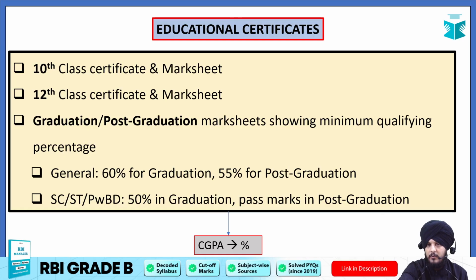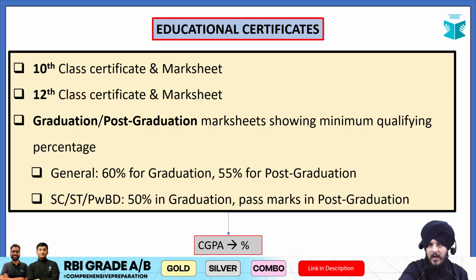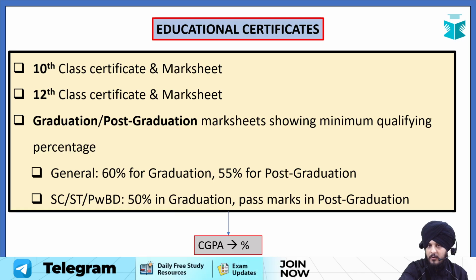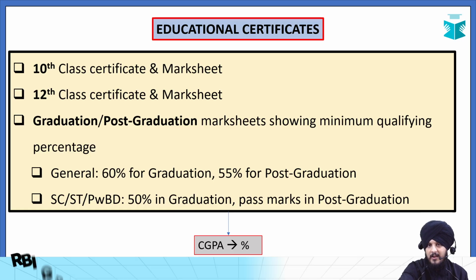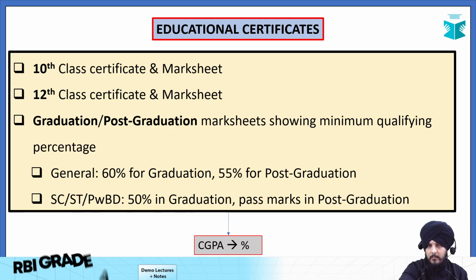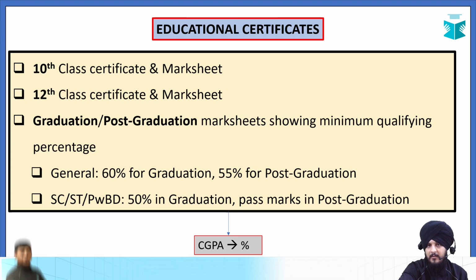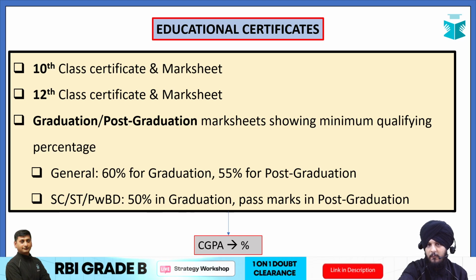But let us say your university is not providing any such standard formula. What you have to do is open the RBI notification, and over there RBI provides its own version of the formula that you can use to convert your CGPA into percentage. Through that you will come to know whether you are eligible for this examination or not, and the same percentage is something that you will have to add while filling the form also. Fine. So I hope it is clear to you.